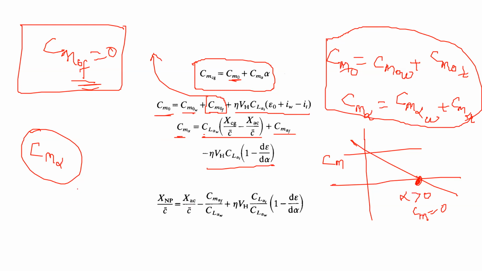And now, as I earlier told you, when the aircraft is flying, its CG is going to change. So what happens? The location of CG is changing, so CM alpha is changing. Look here, the CM alpha quantity directly depends on the location of the CG. Now CG is changing, CM alpha is changing. It may so happen that CM alpha is 0. Now, if CM alpha becomes 0,